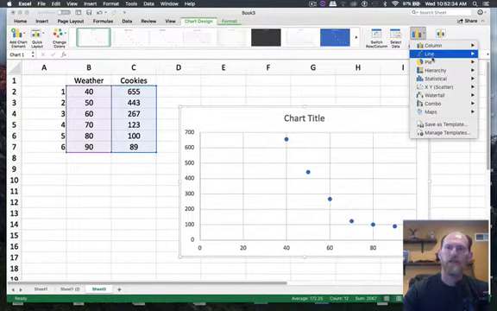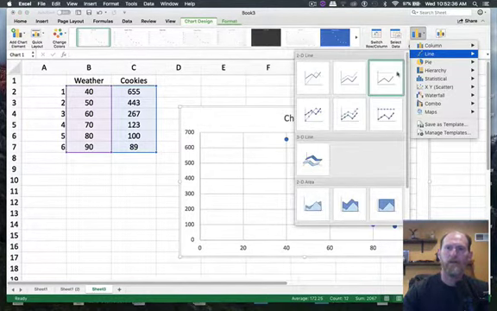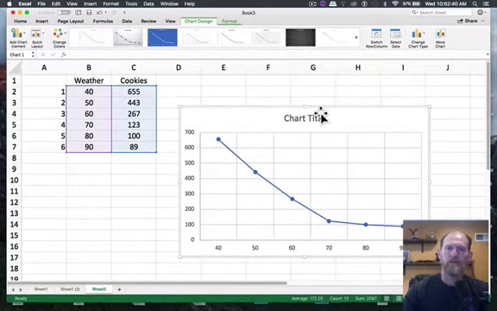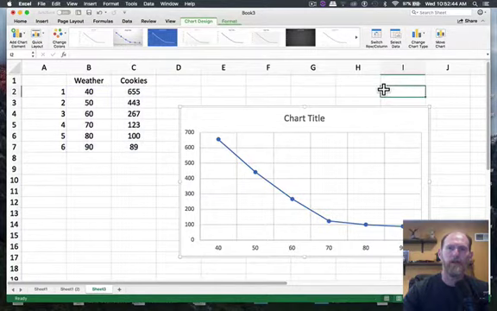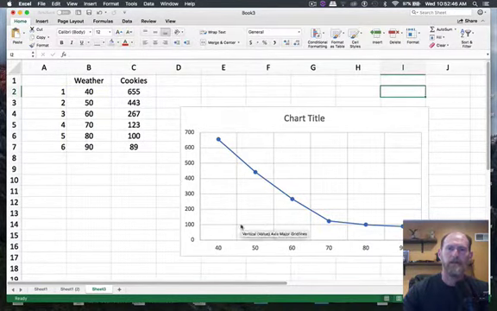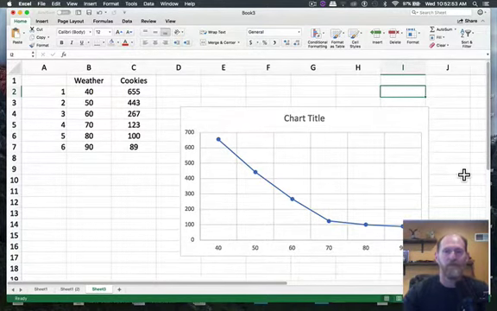So we go to change chart type and look at the options we have. We could choose something like that, which better tells the story. So right there, again, as temperature goes up, number of cookies goes down. And that helps us make a decision how many cookies we're going to make, maybe during the summer period, during